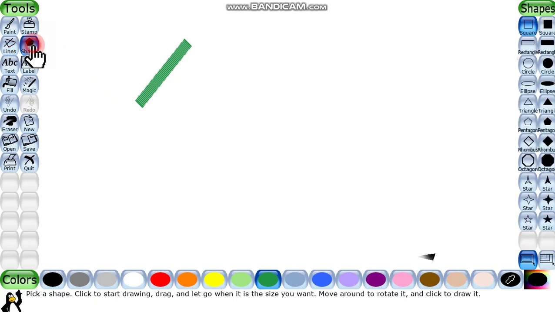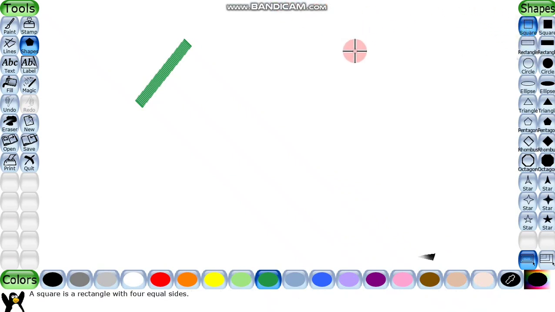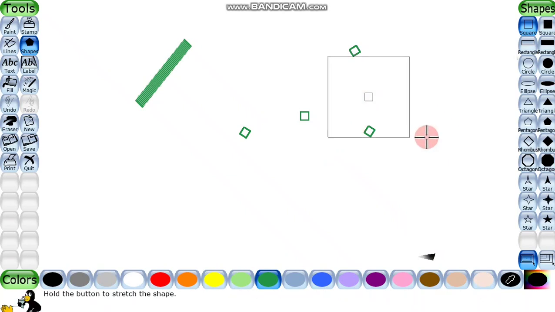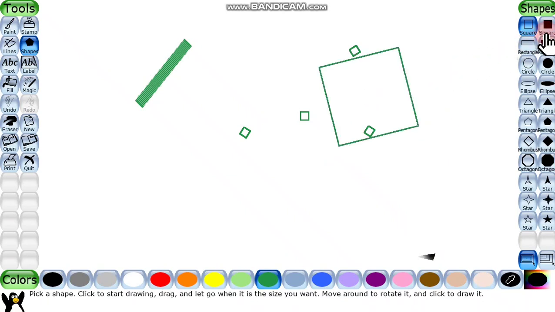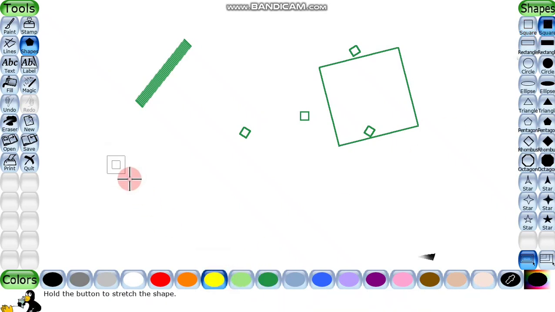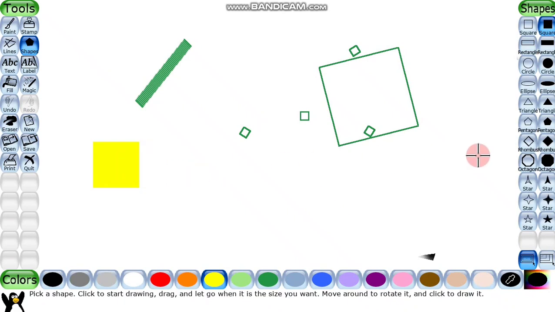Afterwards here we have the shape. For drawing different shapes we can choose shape tool. Go for square, click and drag. You will see the square. यहाँ देखो स्क्वायर दिख रहा है. You can also draw the filled color square. Like choose it, click and drag. इसको किस शेप में रखना है वो भी सेट कर लो, या अगर चाहिए तो इसको मूव कर लो. यहाँ देखो and click. ये स्क्वायर हमारा बन गया.